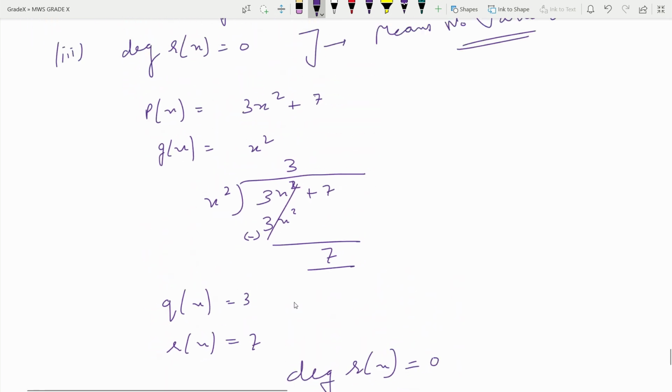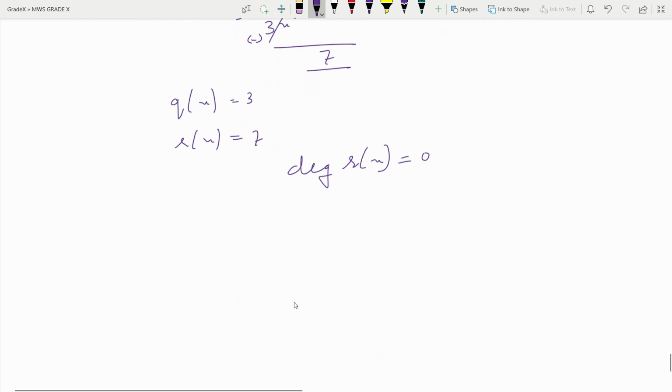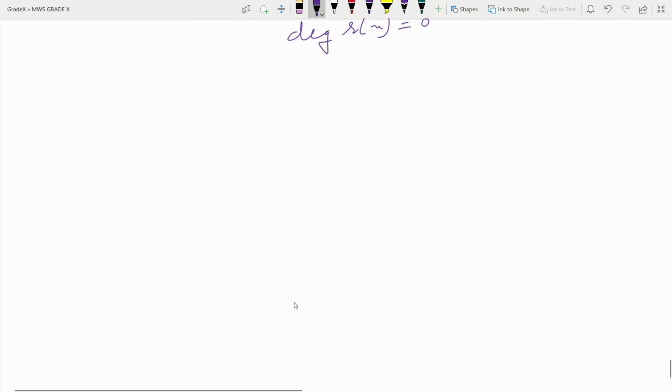In this way we can take different examples, and the question according to me is not so important. This is just so that you should think regarding all this dividend and divisor, how this can happen, a little bit of brainstorming. After this we are starting with our optional exercise, that is exercise 2.4, and do not think that it can't come in the exam. Any question can come in the exam.